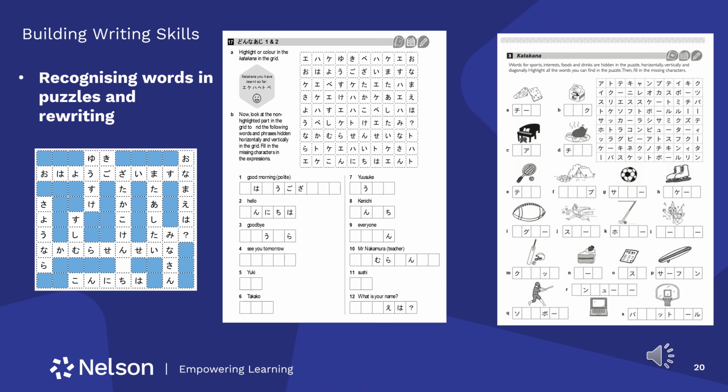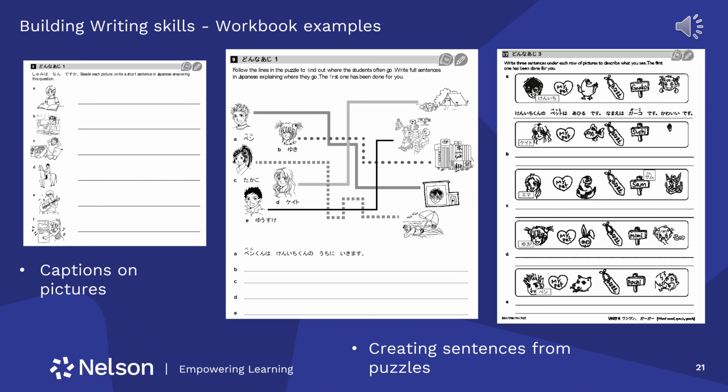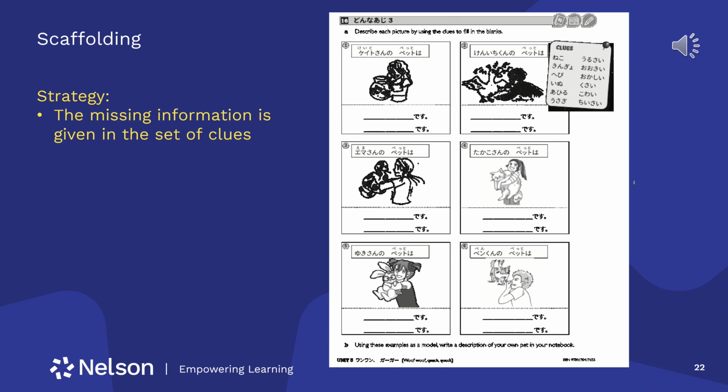The solution for task 17 here shows how if you highlight all the katakana, you're left with the hiragana words. And so students can easily find the words and then copy in the missing kana. Writing skills are also built up gradually, from writing captions on the pictures to creating sentences from puzzles. Finally, students learn to create a written response scaffolded from a piece of text. In task 16 from Unit 5, the keywords are given in the set of clues for students to copy into